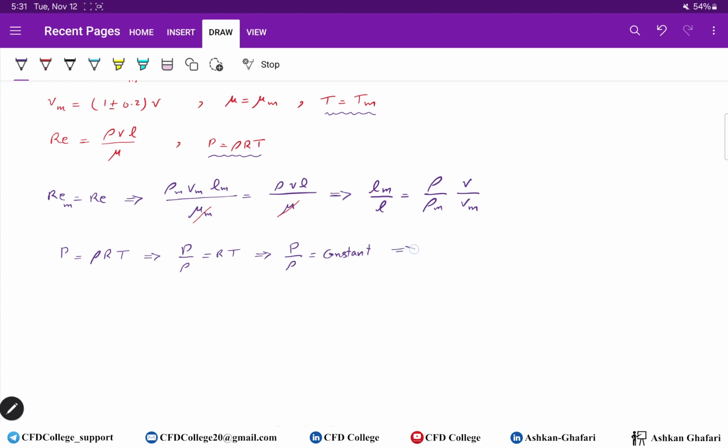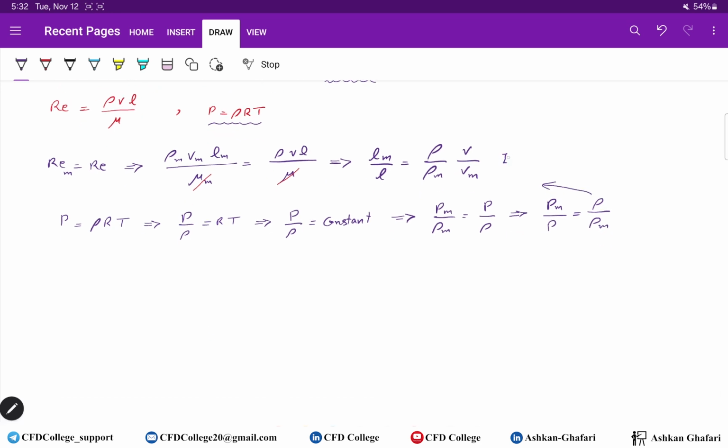It means that Pm over rho m should be equal to P over rho, and it means that Pm over P equals rho over rho m. Now we can put this in equation number 1. So Lm over L equals P over Pm times V over Vm equals